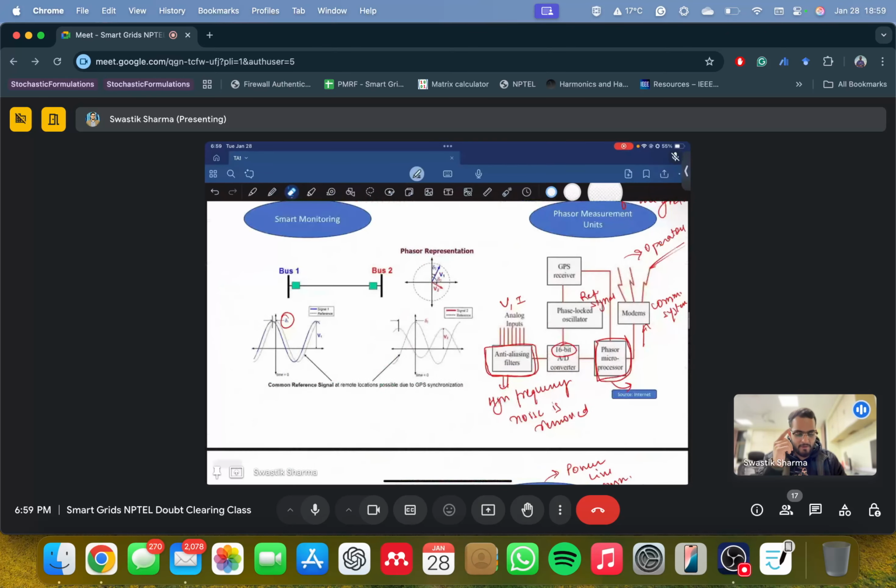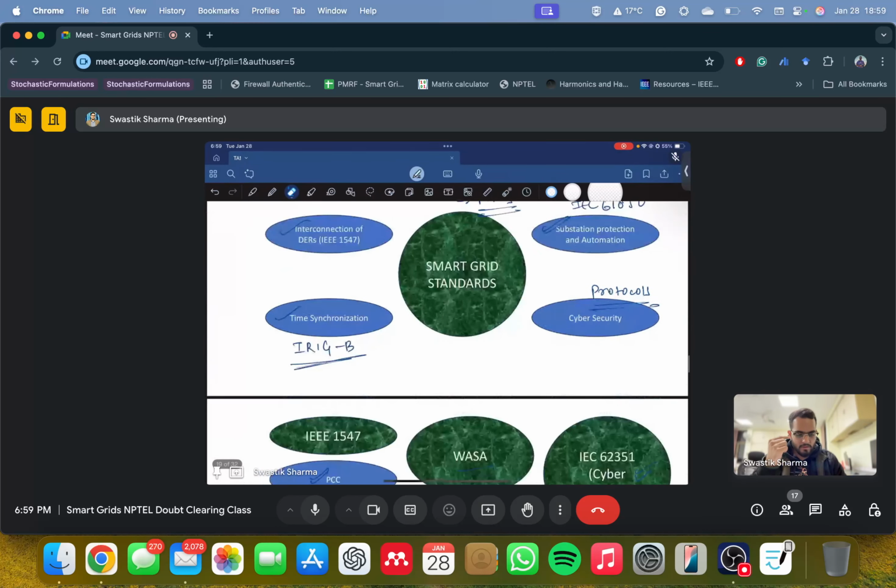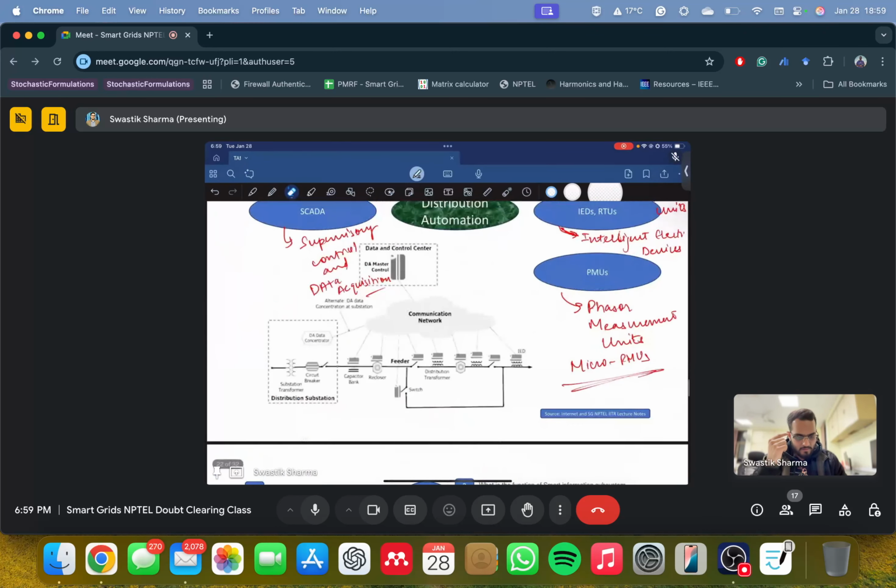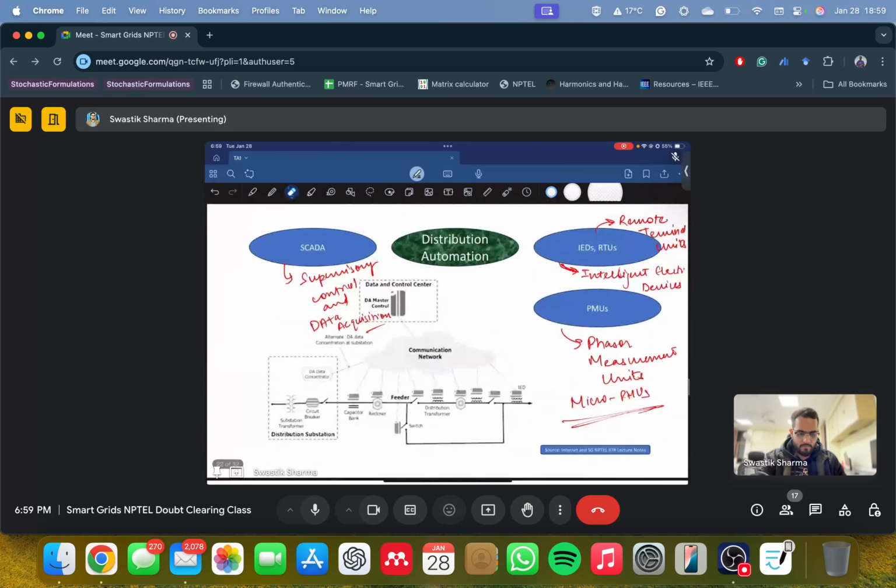Why? Because even with the analog signals, they are first converting it to a digital signal, right? No, analog to digital, all this is done in IEDs everywhere. It's not something special done in the PMU. The only special part of a PMU is the GPS time sync. The only difference between RTUs and IEDs is just the time synchronization, and all IEDs are time synced now.